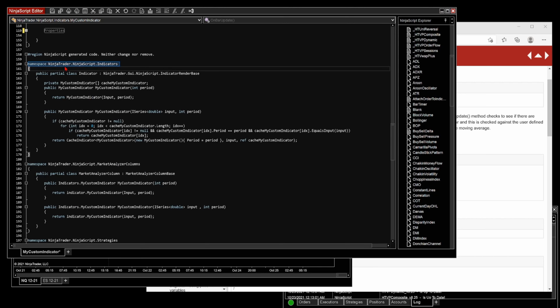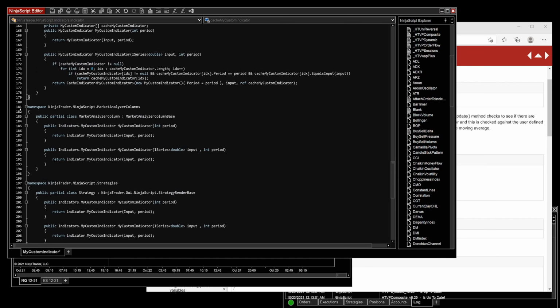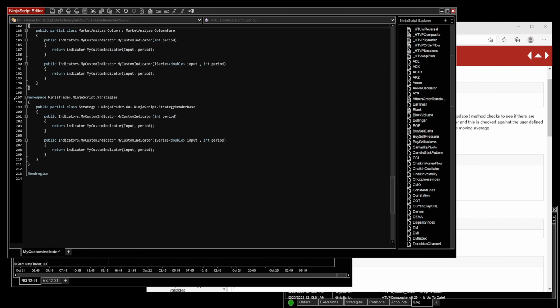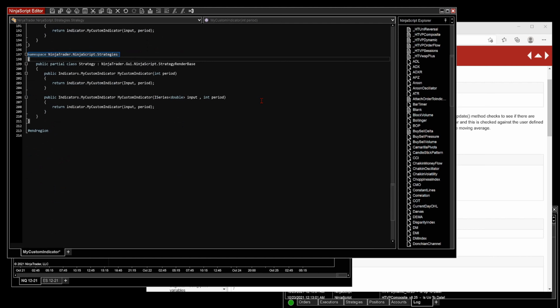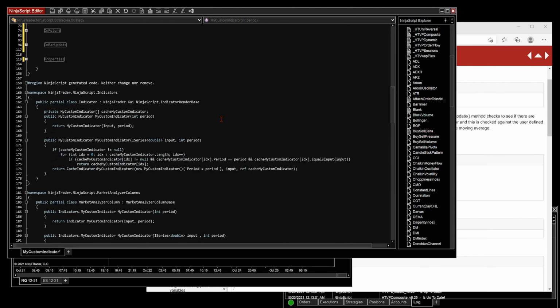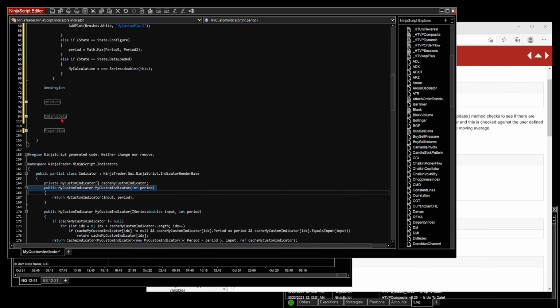It's used in other indicators by using this information, and it's used in market analyzer columns, and in strategies like this. Now, I haven't compiled yet, but I need to compile before we talk about this, because you're going to notice how